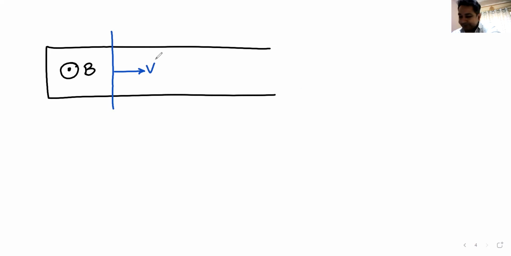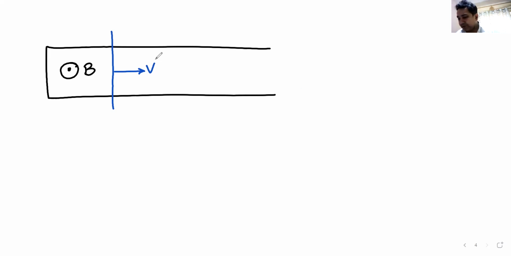Question number 1: is there a flux linkage in the loop? Yes, sir. Is the flux changing with time? Yes, sir. Increasing or decreasing? Increasing. What you have got to do is decrease it. How do you decrease? By opposing the magnetic field. How do you oppose the magnetic field? By current, sir. By creating a magnetic field in the opposite direction.